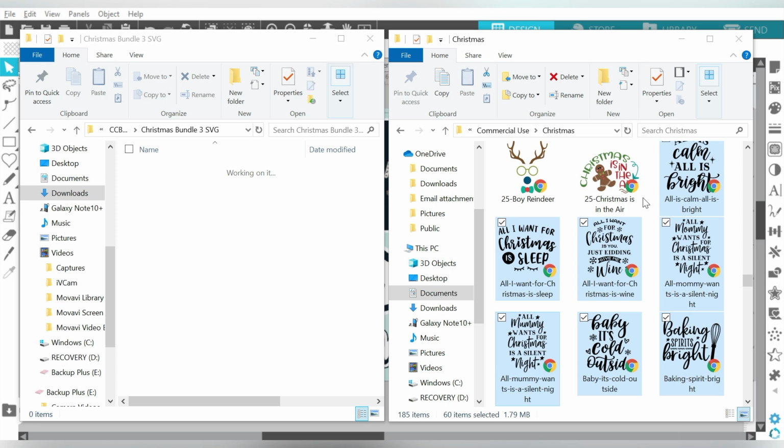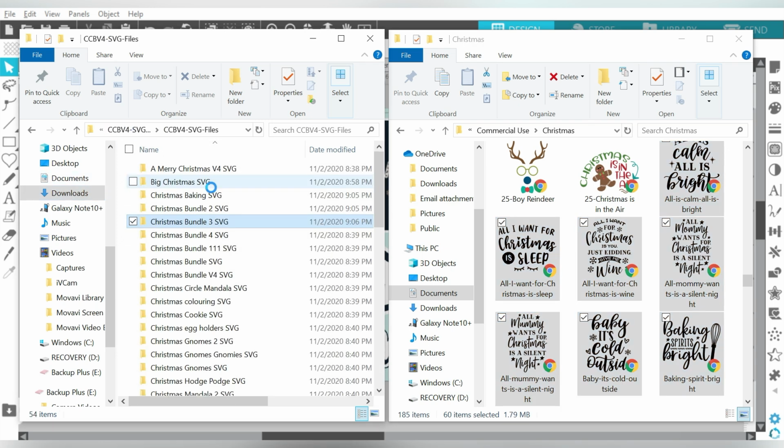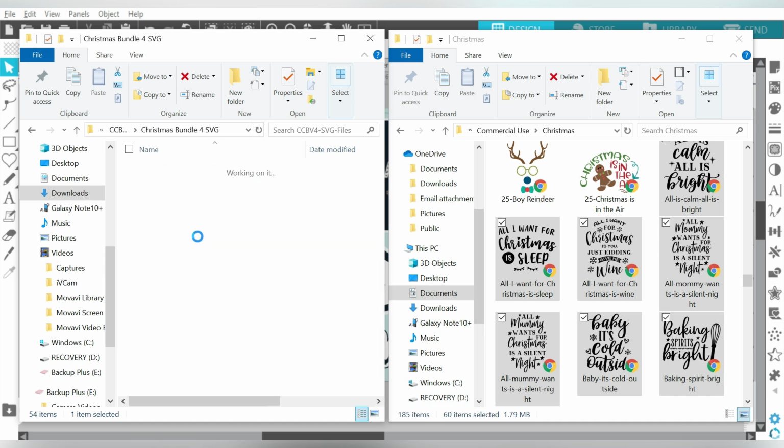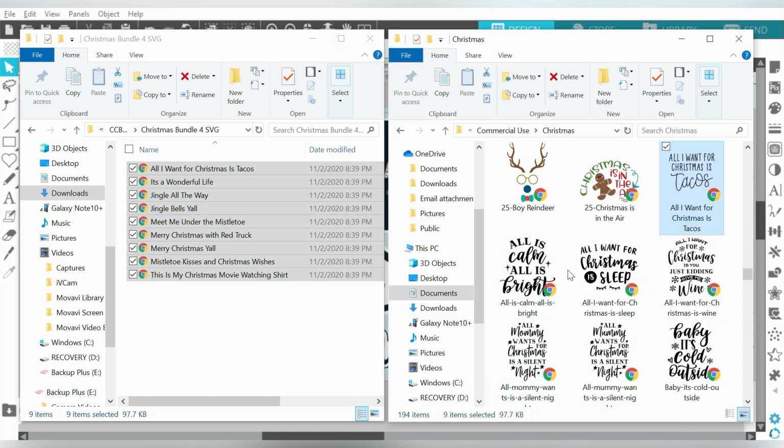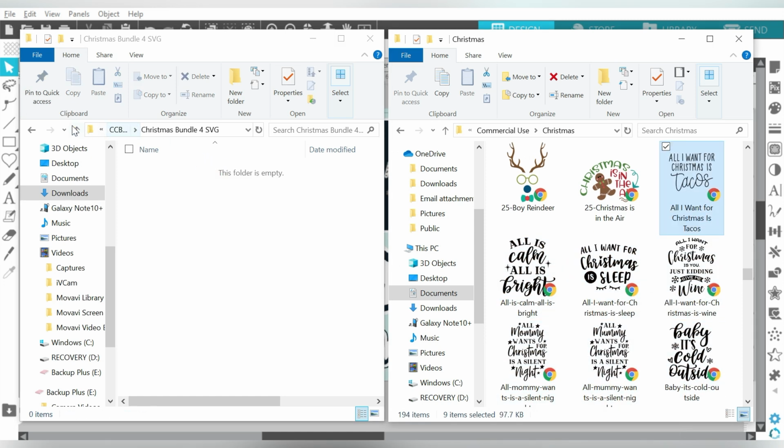And that's another reason why I like this, is because it's user-friendly in that way, that you're not learning something completely new. You are just basically starting with the organization. Okay, so, all right, well, I'm going to stop harping about organization, but that's what you're going to do. You're going to come through in these folders, and you are going to open these, unfortunately, one by one and sort them. The good news is that this time of year, when you're buying bundles that are themed, like Christmas, then I know that basically all of these are going to come over into my Christmas folder. So that makes it really easy.